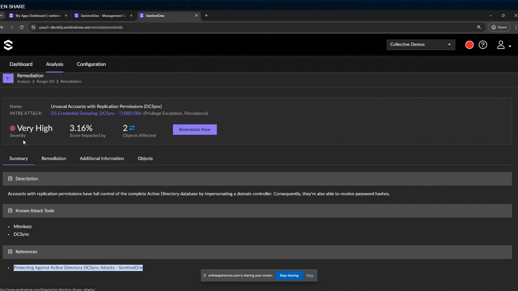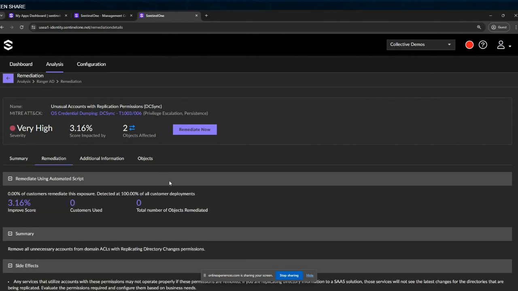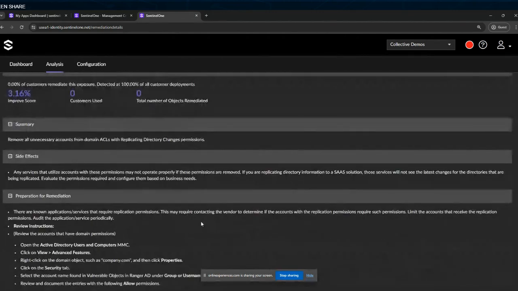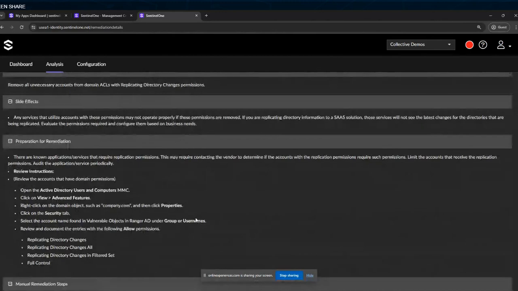Here's the remediation, right? This is the manual remediation steps. Notice here the side effect. Any services that utilize accounts with these permissions may not operate properly. Why is this